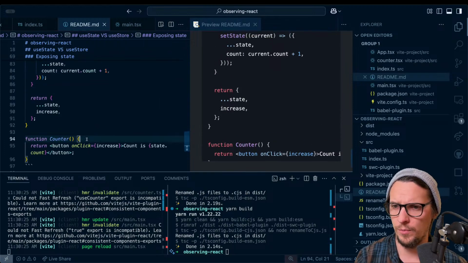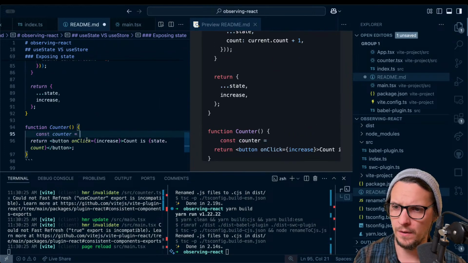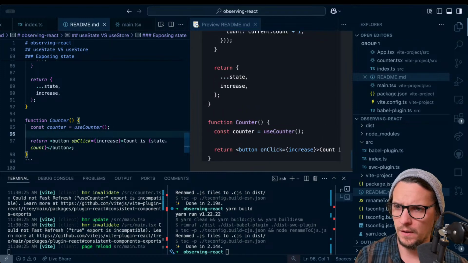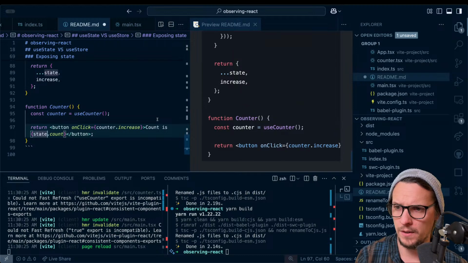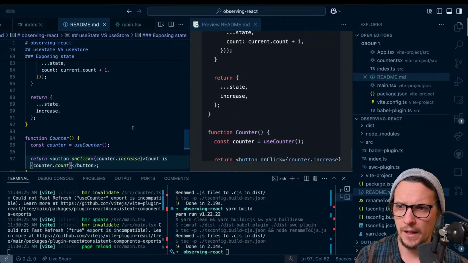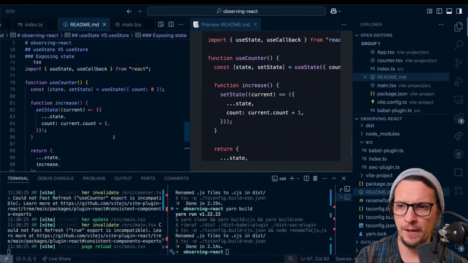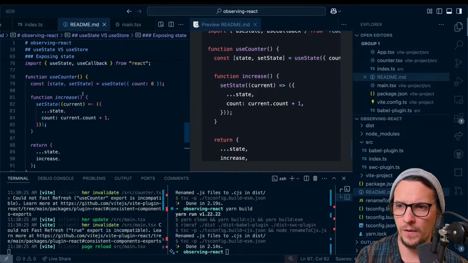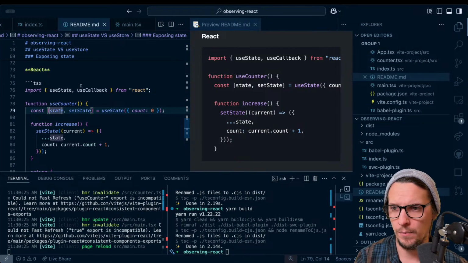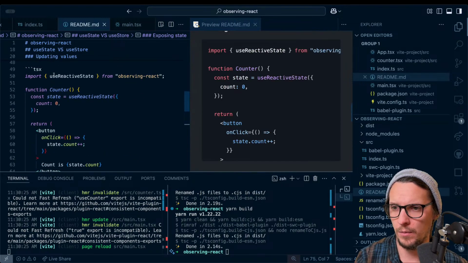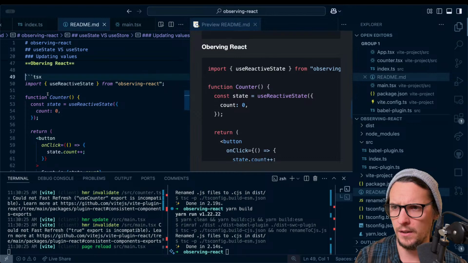So this will be const counter = useCounter. counter.increase, count is counter.count. Okay, so this is fair, right? This doesn't look that bad. And you could imagine that you use a reducer here instead, but what we're gonna do here is